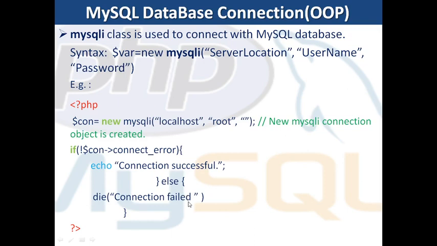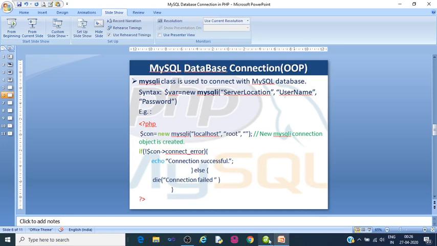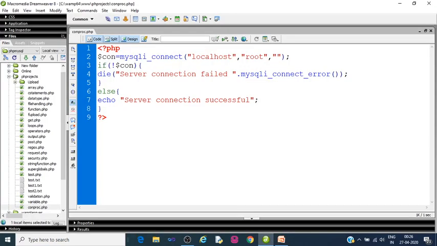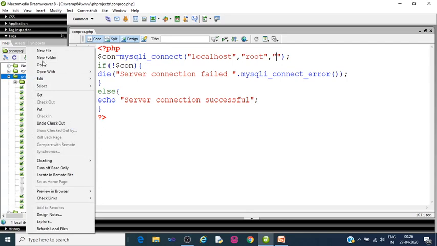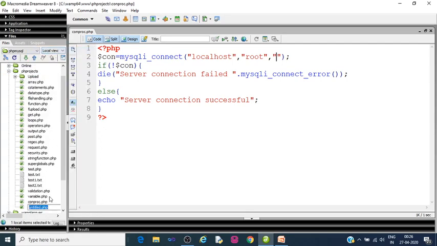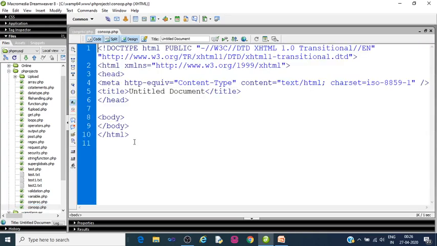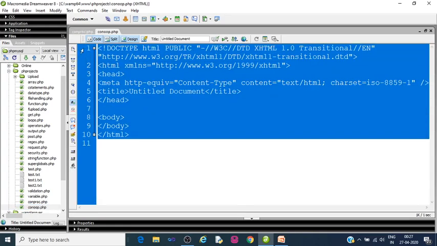Let us check it on the browser or editor. So here it is. We will add another file here, a new file, and we'll use con op, and we'll remove this again.